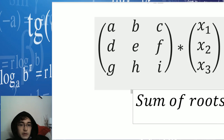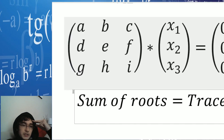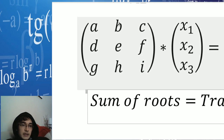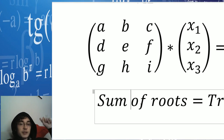of the roots equals what in French we call the trace, which is actually that in this matrix, if you sum the diagonal terms, that will be called the trace, and that sum will be equal to the sum of roots, which is very interesting because it means that no matter what transform you do to solve this, and there are lots of algorithms to solve this,